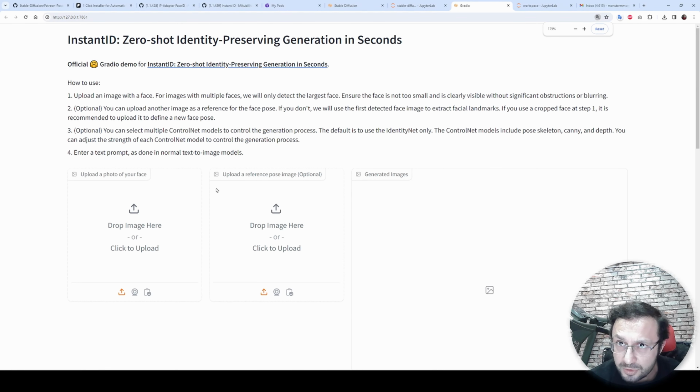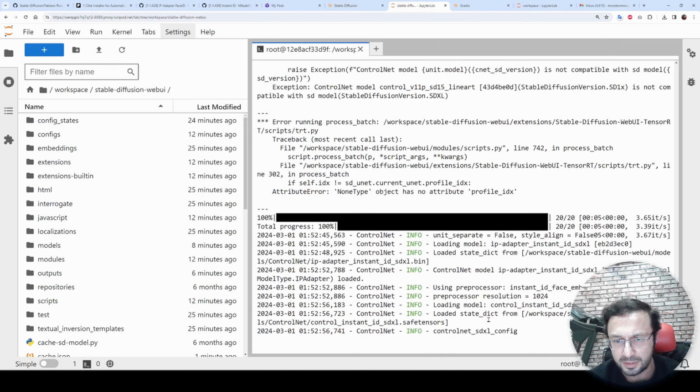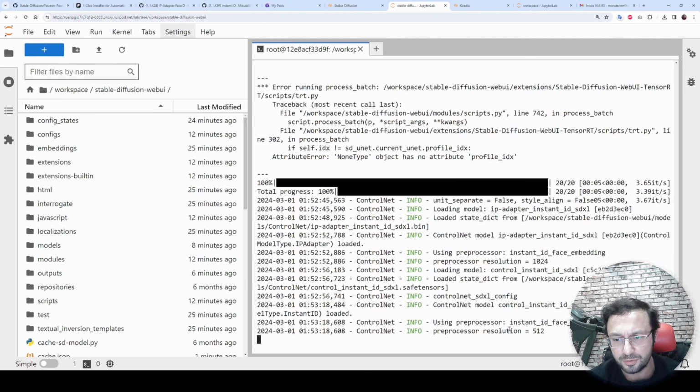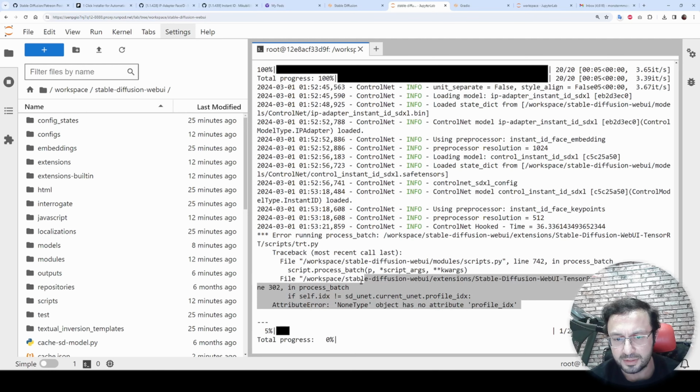So let's load the same images and see what we will get. I'm just waiting for this one to be completed first. Yeah, it is loading everything accurately right now. Okay, ControlNet using preprocessor, using Instant ID face key points. Okay, generating images. This is not important. As I said, this is for the TensorRT error. I hope they fix it sooner. Okay, it is also pretty slow, 1.76 seconds.